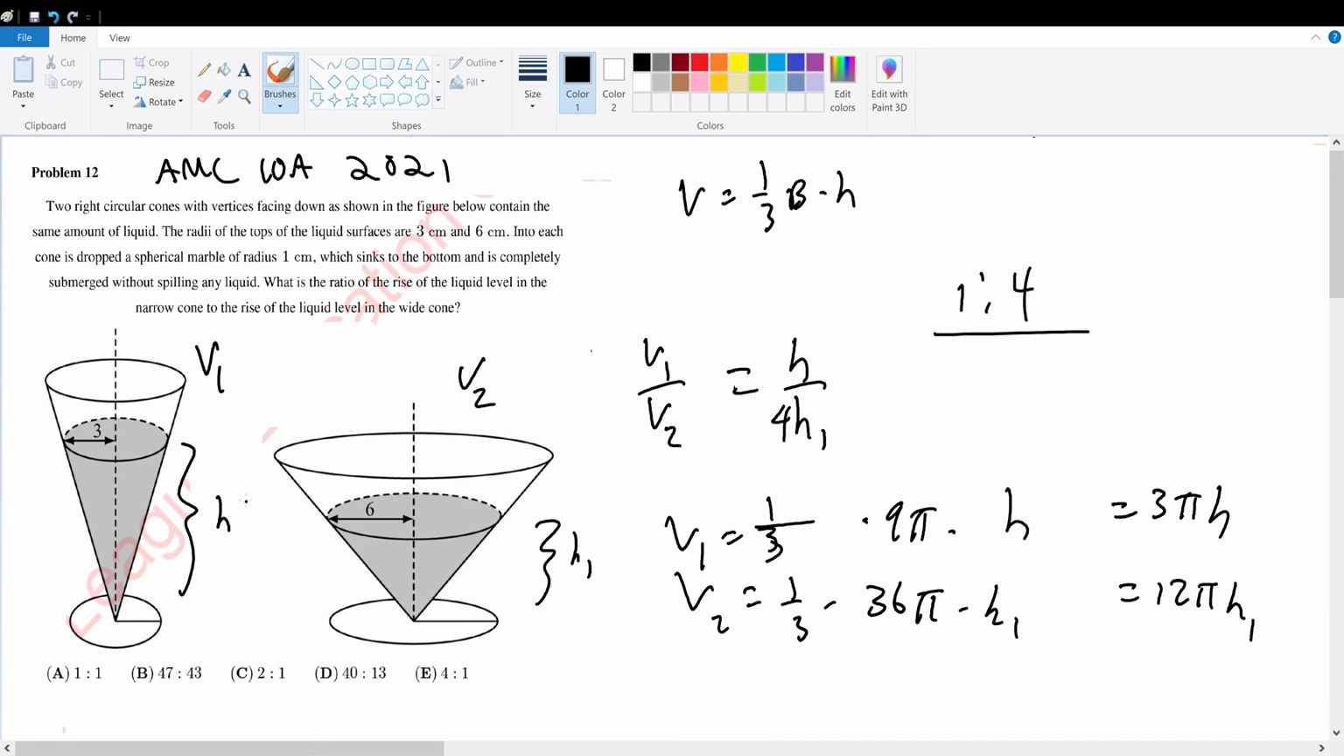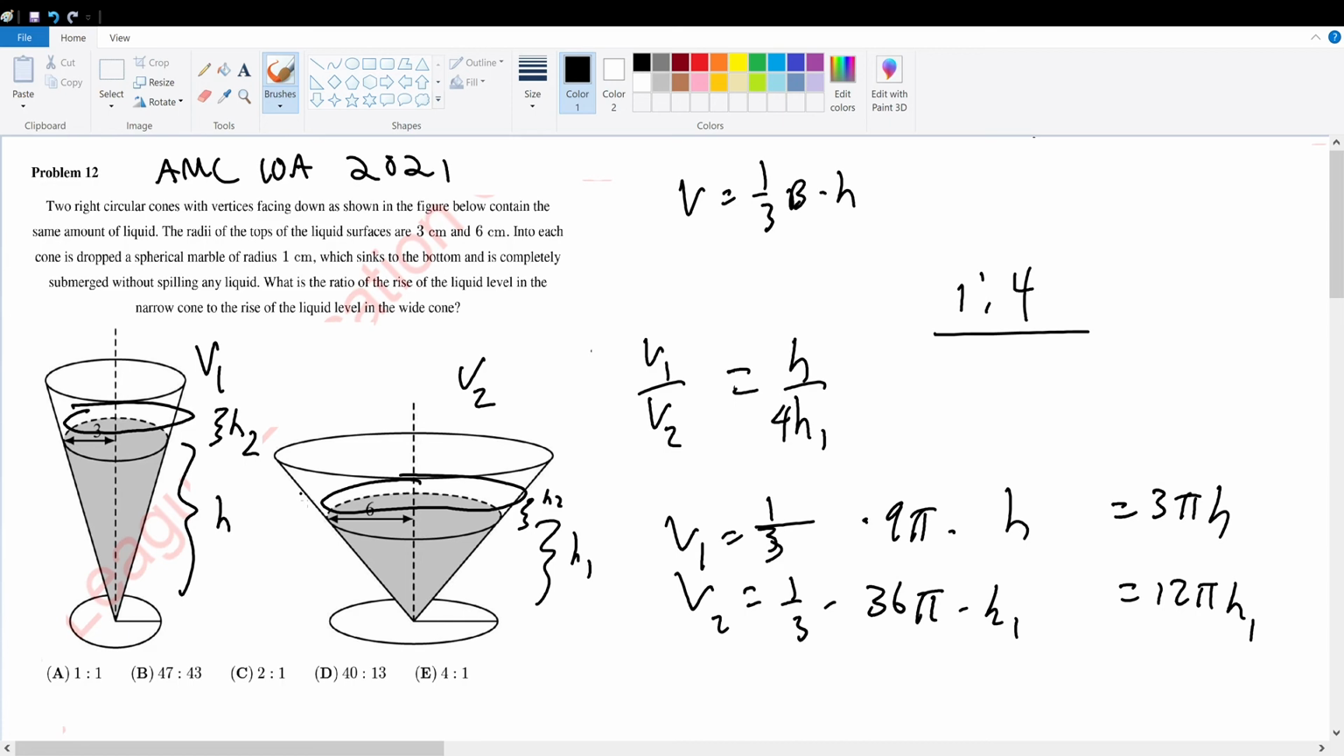Well, if we drop a sphere, we can imagine for these two cones the water level rising by a factor of h. I'm going to call this h2, and I'm going to call this h2. Now, I don't really care about the two heights because all I know is that since the volumes of the two are the same and that they will grow at a proportional rate,